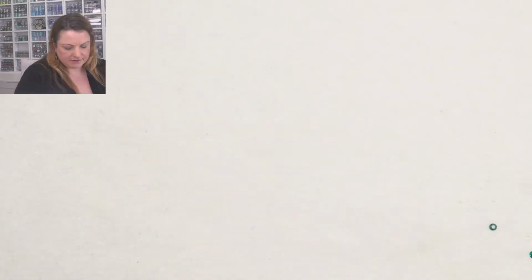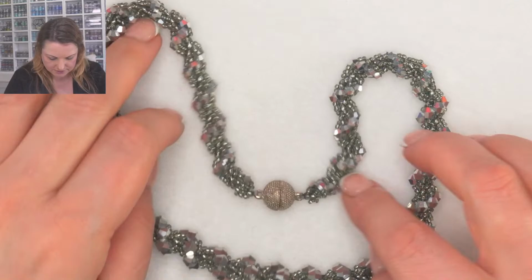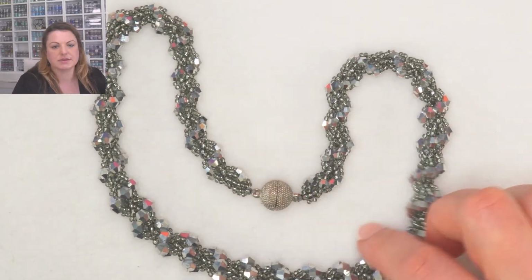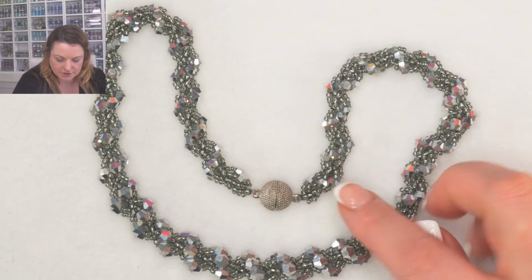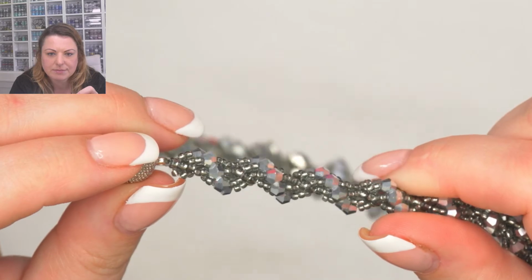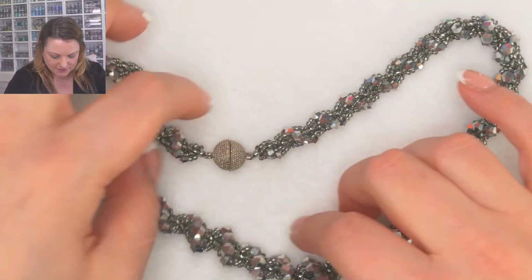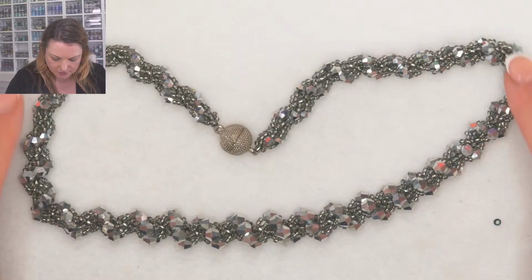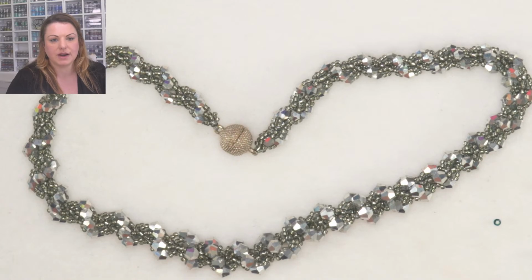What I said about graduation is that you could start off with smaller crystals at the top, and we have got some kits for this one as well on the website. You could start off with smaller crystals at the top, and the weave is slightly different on this one because, can you see, there are 2 seed beads next to the crystal and not just one. And then as you move down, this is 4 mil, 5 mil, and then 6 mil at the bottom. So if you're making stuff for like a wedding,